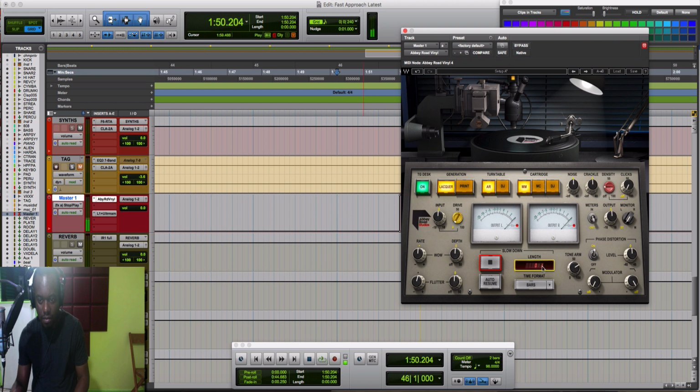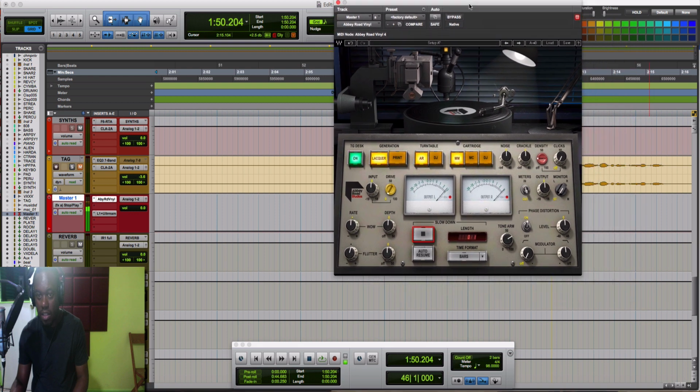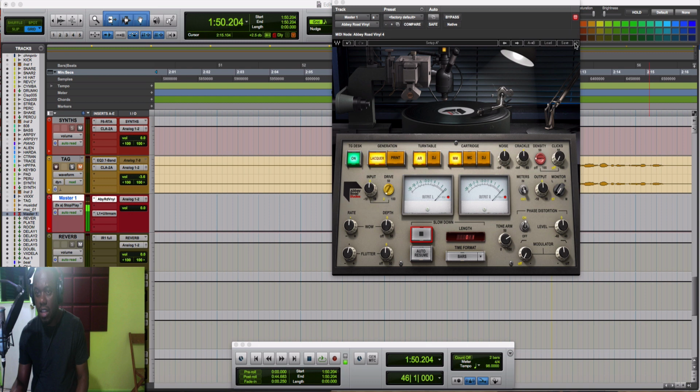Alright, so that's good. I'm sure you guys are gonna be playing around with it and finding different uses for this plugin in different scenarios. But this plugin is a very nice plugin. I think I'm gonna have to look some more into it. You can read up on this plugin like I do with many of my plugins, and learn a bit more from it, right? So once you click this question mark here, you get the